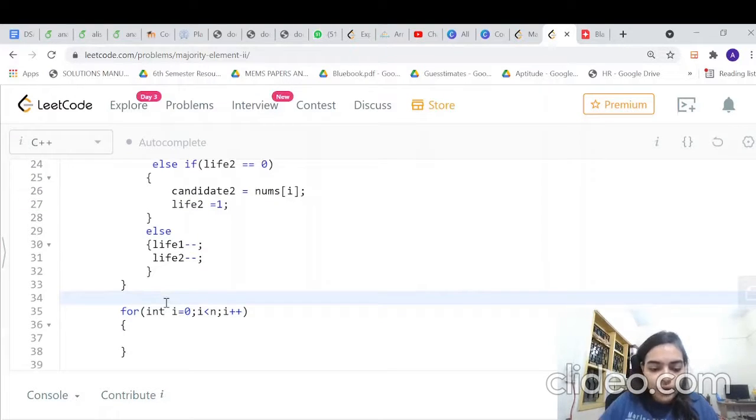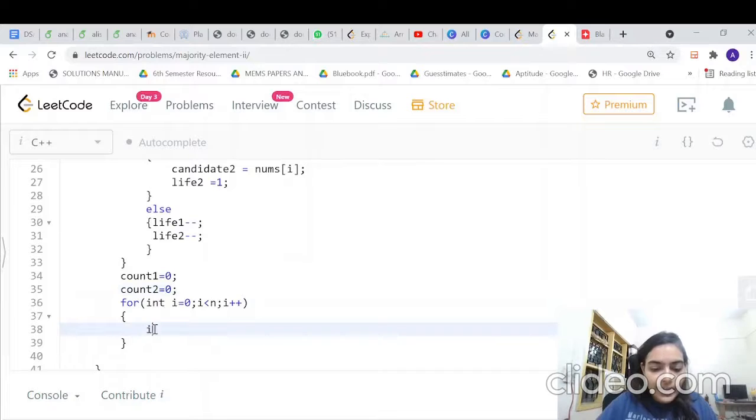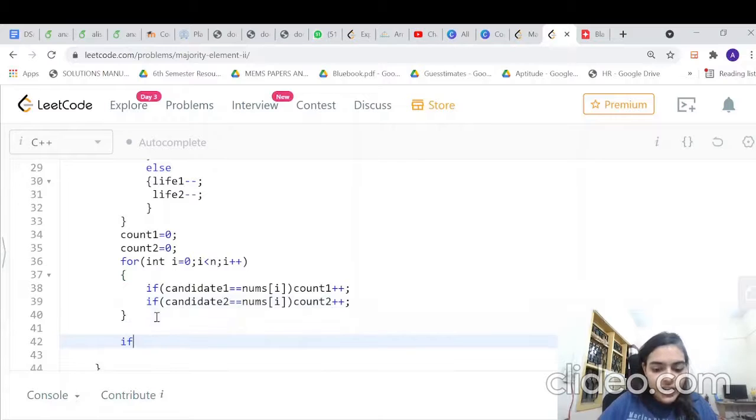So for doing that, I will again make count 1 equal to 0, count 2 equal to 0, and I will iterate the array again, and if candidate 1 is equal to nums of i, then I will again increment the count. In the next case I will do the same thing: if candidate 2 is equal to nums of i, I will increment the count of this. Now I will check, if count 1 is greater than n by 3, then only I will push it in answer dot push_back